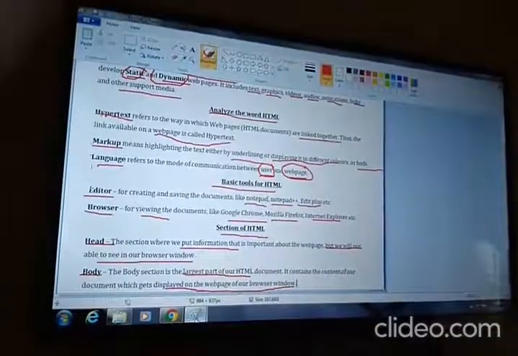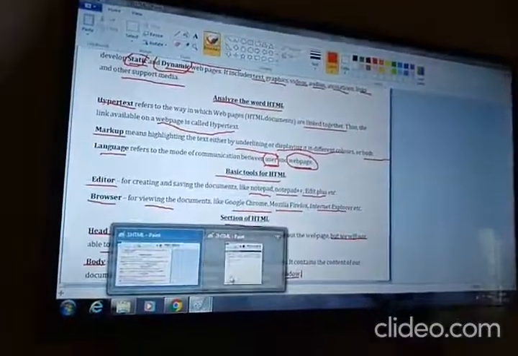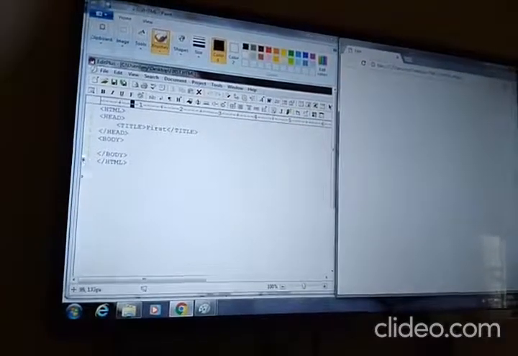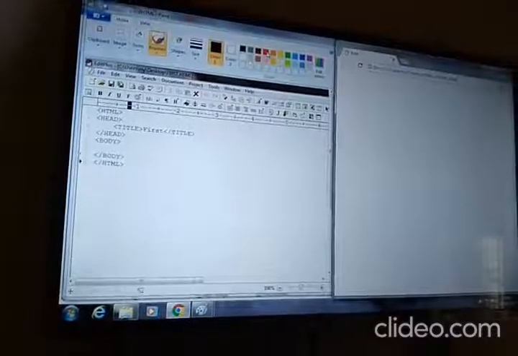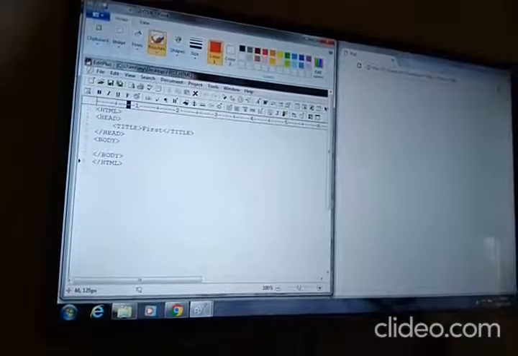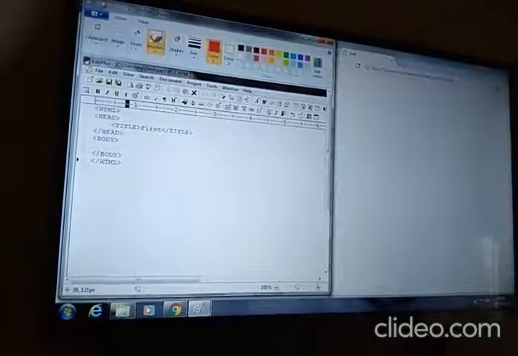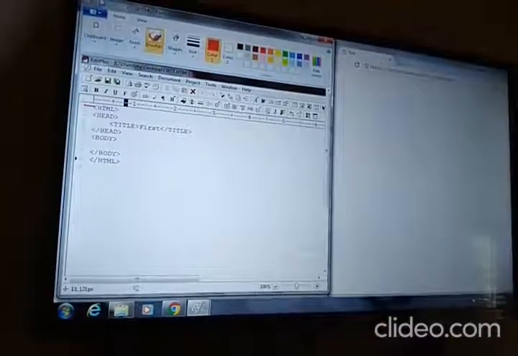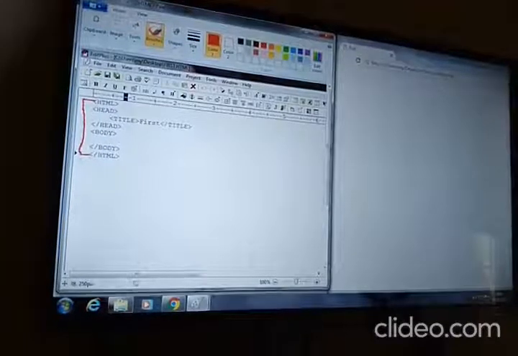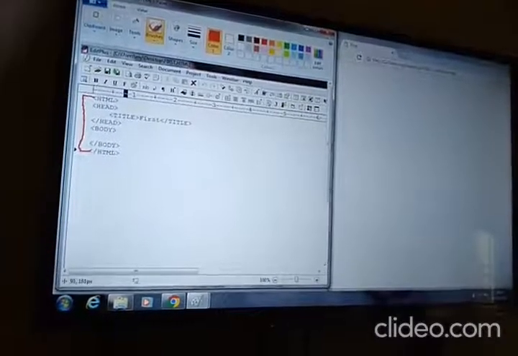Okay, let's see an example. Our HTML document begins with the opening HTML tag and ends with the closing HTML tag.